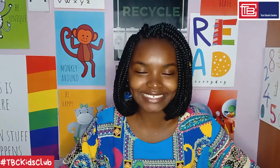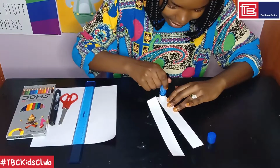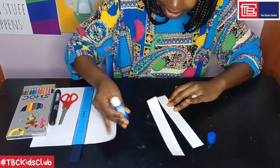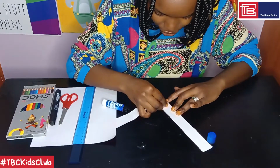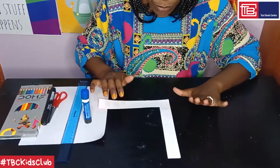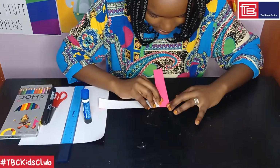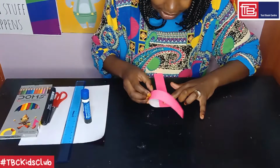Step 2, stick one strip on top of the other as follows. So take your glue stick, roll it up, dab some on the farthest end of one of the strips, and then take this other strip and stick it on top like this. So you have an L shape. Then let's do some weaving. So the first one goes in, crease it down, pull up the second one,